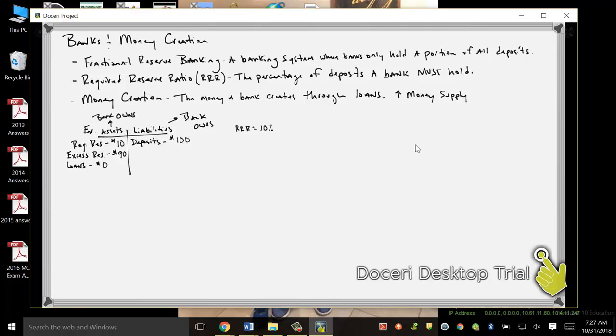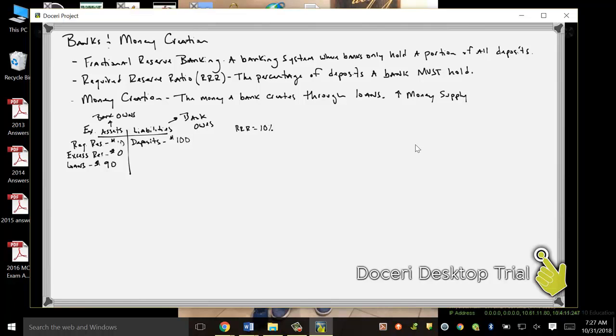So let's say that someone comes along and they want to borrow money from this bank. This bank has $90 available that they can loan out. And we're going to make some changes to our balance sheet. We're going to say that $90 is borrowed. And so that's going to change the balance sheet and make it so excess reserves are going to be equal to 0. And now our loans are going to be equal to $90. Now this bank has increased the money supply by $90 because there are $90 available in the economy that were